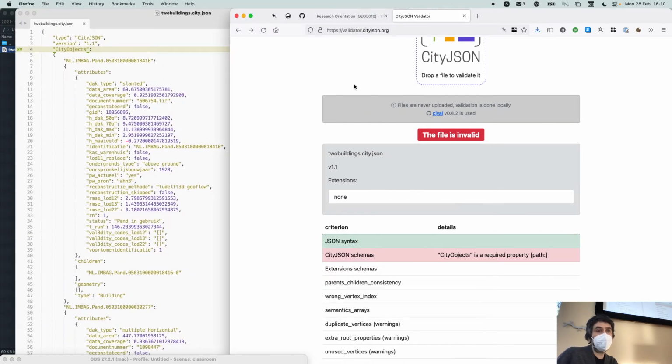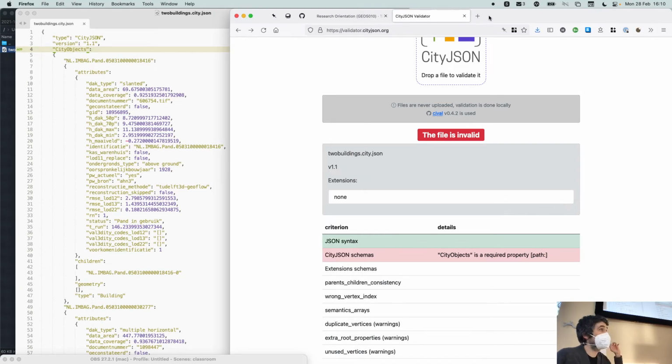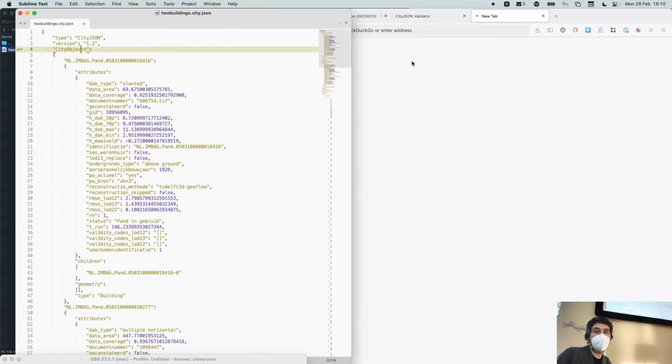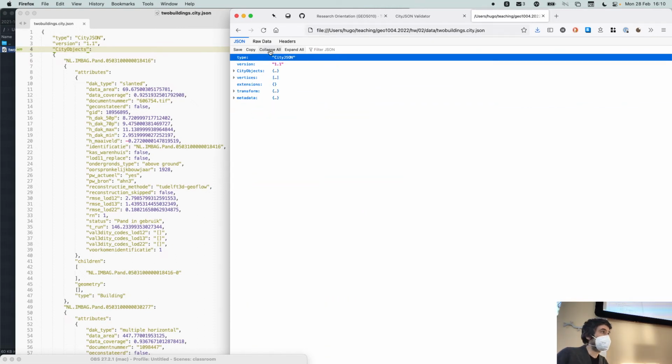By the way, one way to see a JSON file nicely is to use Firefox, the browser. In Firefox, if you just drag any JSON file to the welcome page, then you get the whole tree. That's the nicest way, I think, to browse a JSON file. So basically, this is the JSON file, which has all the properties at the root.